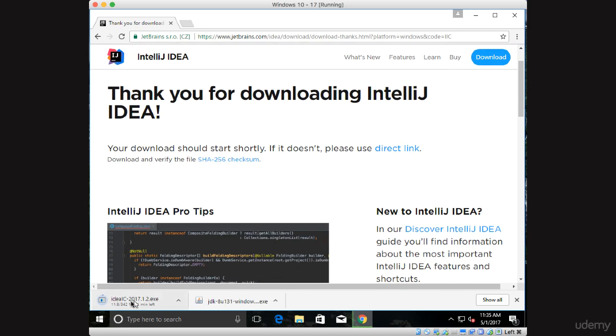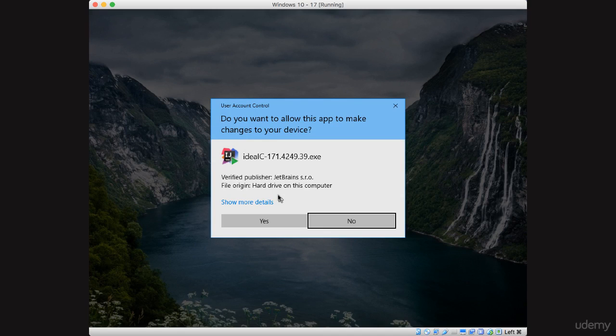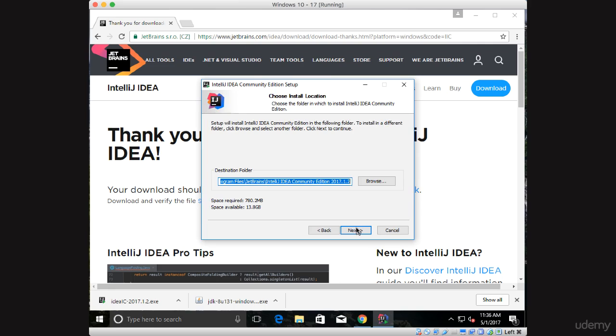And as it starts downloading, it may take a few minutes, and that'll come back once it's done. All right, it's getting close. It should be done in a second here. And there we go. It's done. So double click. Should be able to then open an installer here. And of course, do you want to allow this app? Yes, indeed. And then we have a wizard here that will take through the process of setting up our IntelliJ